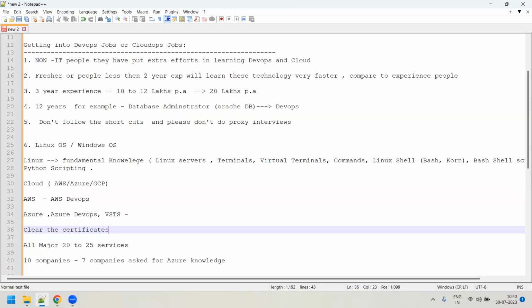In our company also, where I'm working, most of the applications we are migrating from on-premise to the cloud only. So in that way, they will expect a candidate or a person to have knowledge of cloud. That is the first important thing. Basic to advanced level knowledge you should have, whatever you claim on your resume. Second, it is also good if you showcase the certification.